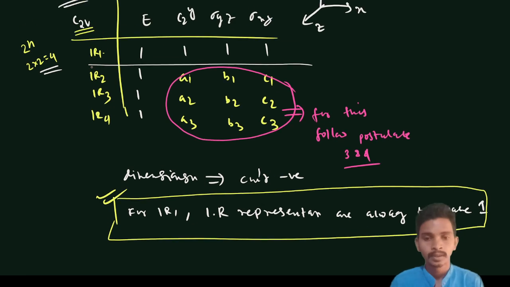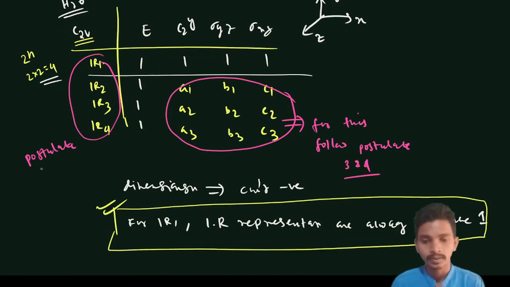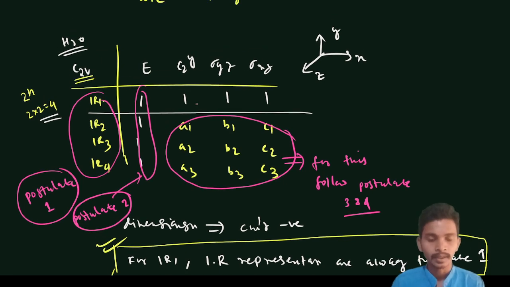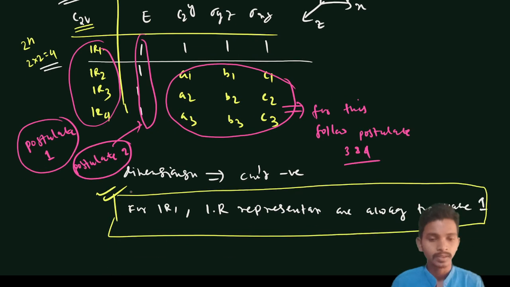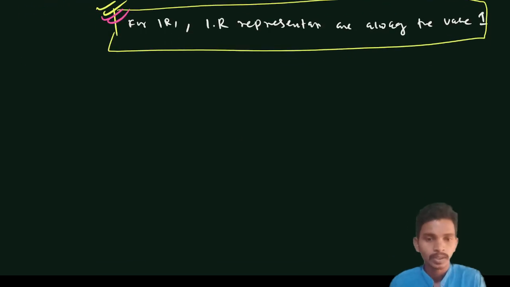And for this we follow postulate 1, and for getting these values we will follow postulate 2. And for this, it is always this value. Okay, so if we follow all the postulates, then we will get, for C2v, which we already discussed in the previous class,